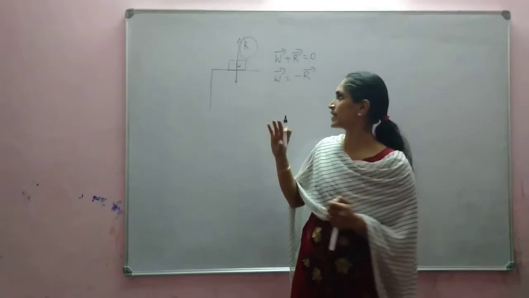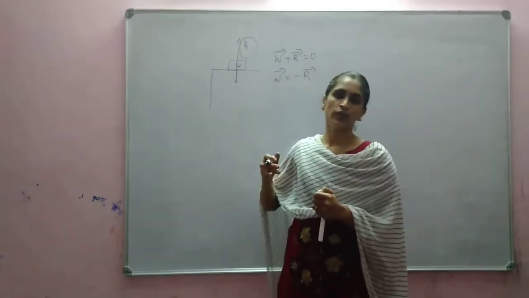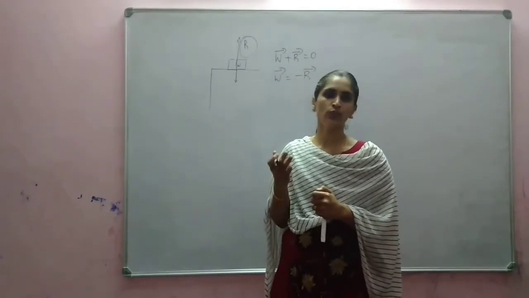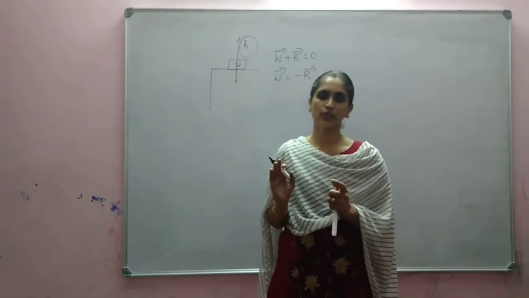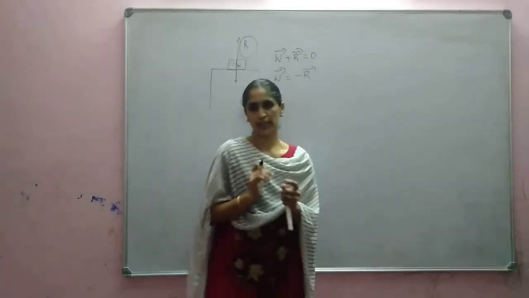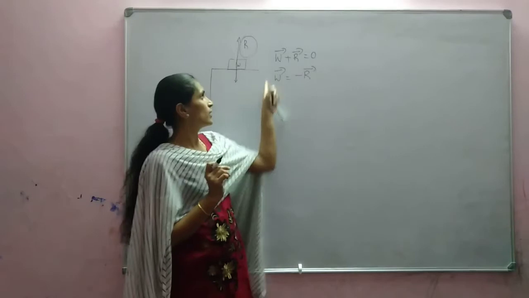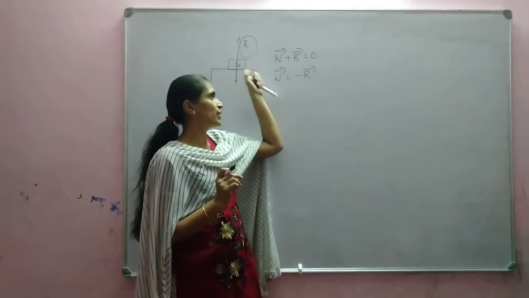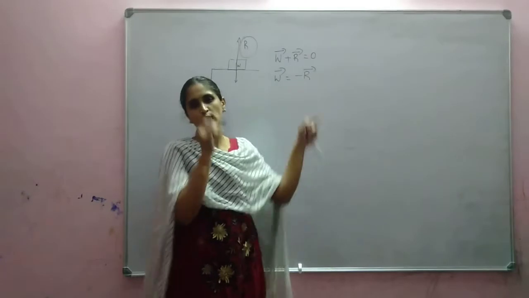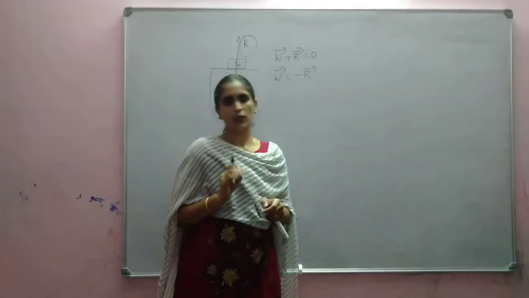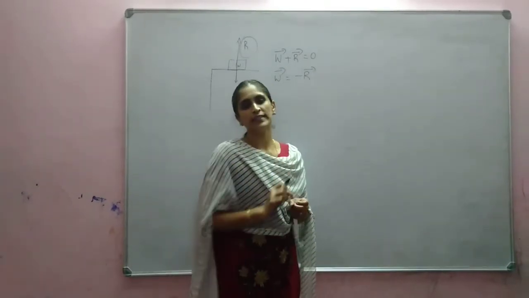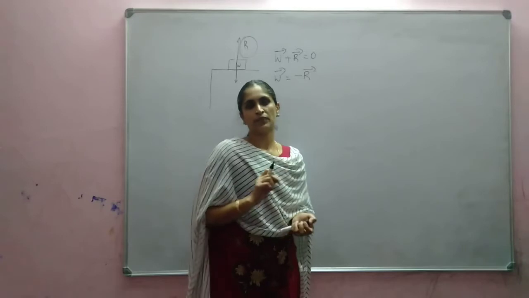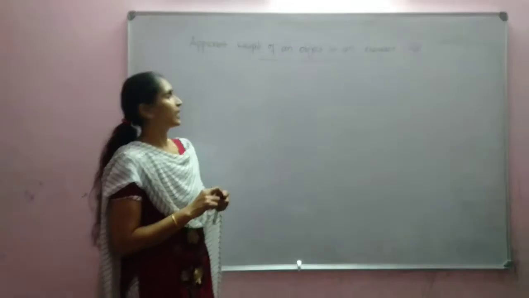That is the normal reaction. It will always act in normal direction to that object. In normal direction. Okay. In perpendicular direction. Is it clear? So W plus R is equal to 0. That's why that book is stationary. Or we can write W is equal to minus R. Okay. And now we will discuss the next example.